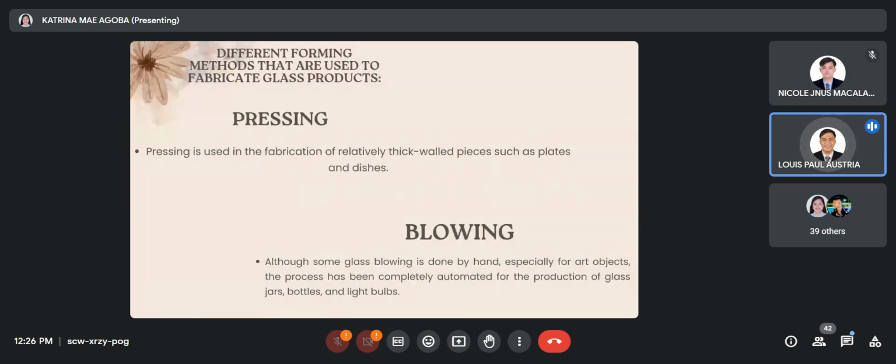Dito naman po, from a raw gob of glass, a parison or temporary shape is formed by mechanical pressing in a mold. This piece is inserted into a finishing or blow mold and forced to conform to the mold contours by the pressure created from a blast of air. Yun ang blowing. Next naman po ay